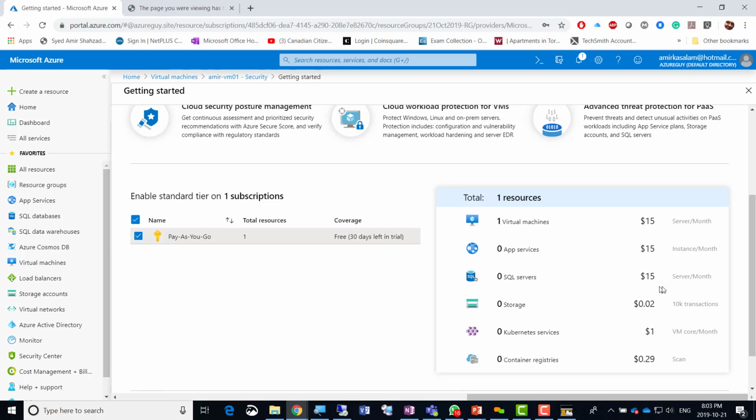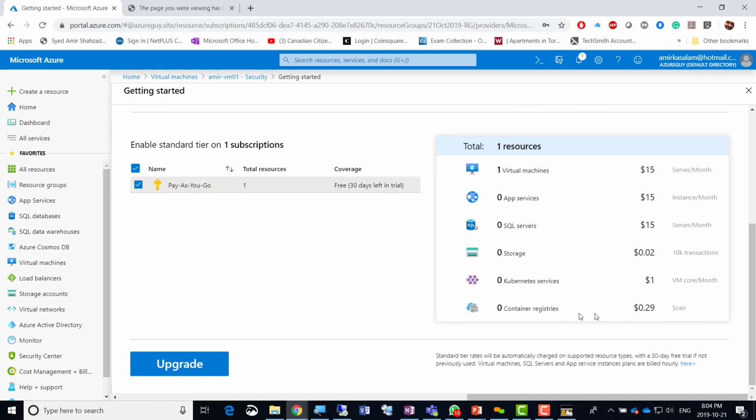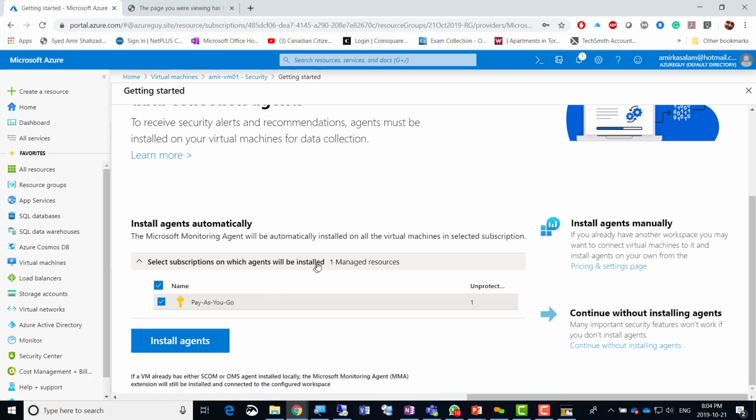Then there's SQL Server, $15 per server per month. Storage 0.02 cents for 10,000 transactions, and zero Kubernetes services, which is $1, or container services and container registries, again 0.29 cents per scan. So I'm going to click the upgrade here just to explore all the features there, and I do these kind of stunts. The trial is started there,